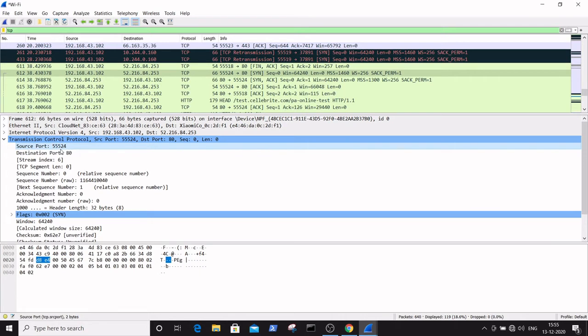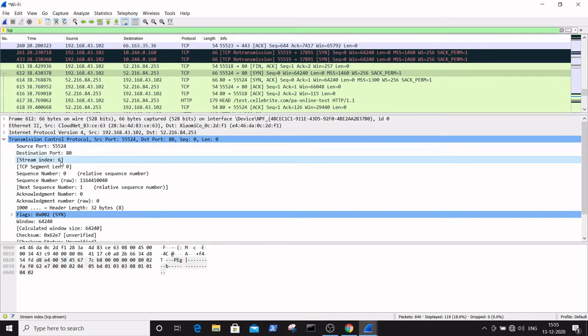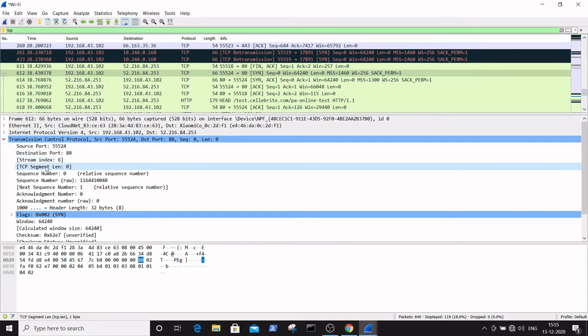Here is the source port number, and the source port number is highlighted in the data view window in the form of hexadecimal numbers, that is D8 E4, and the destination port is 80, then stream index, TCP segment length, and so on.